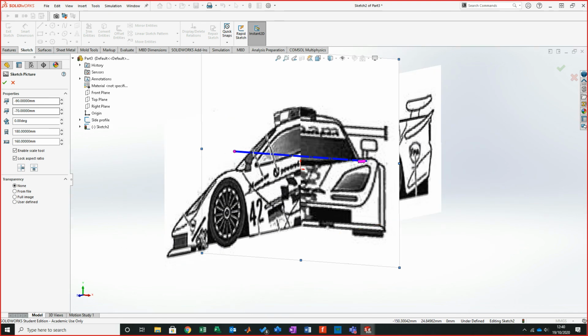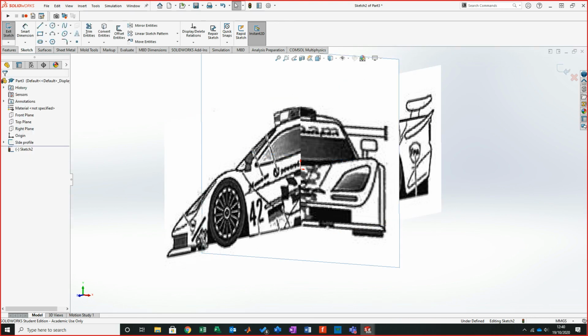Now, let's say, for argument's sake, I want that curve that leads from the lower light up to the wing, just at the top end of the wing, that typical area. If I click onto it and then go front profile,